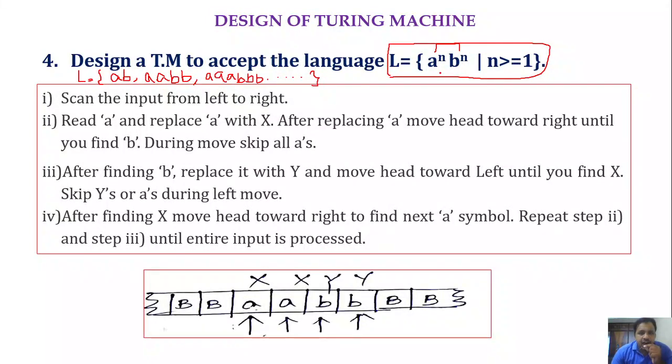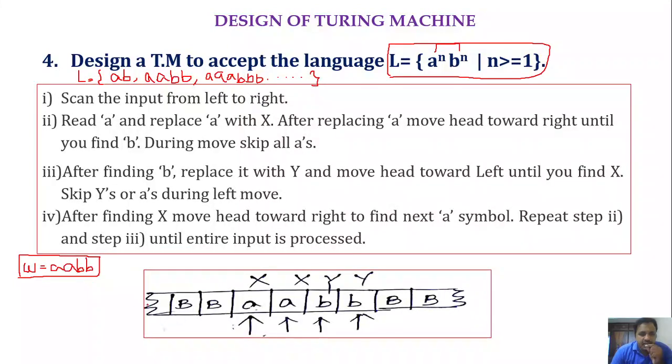So how could we design a Turing machine that accepts such a language? First let me take one input tape. Here, at the bottom, I have taken the input tape. Consider that I have taken the string w is equal to aabb. This is my input string, and I want to design the Turing machine to accept such strings, consisting of the same number of a's and b's.